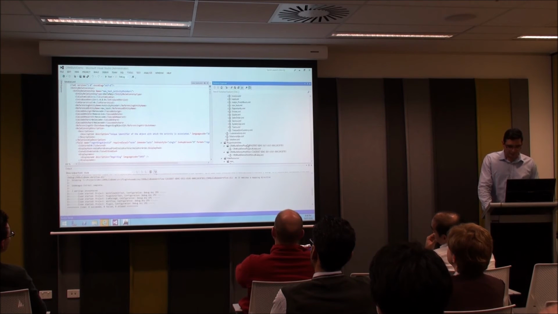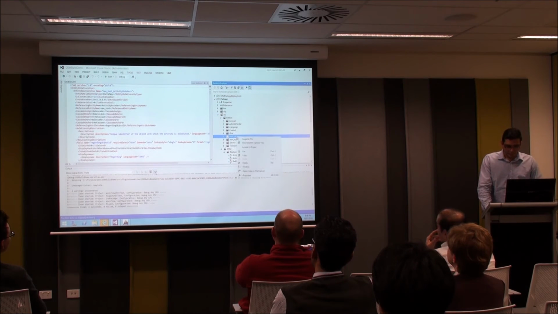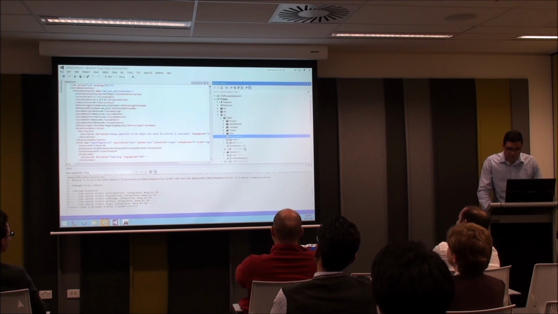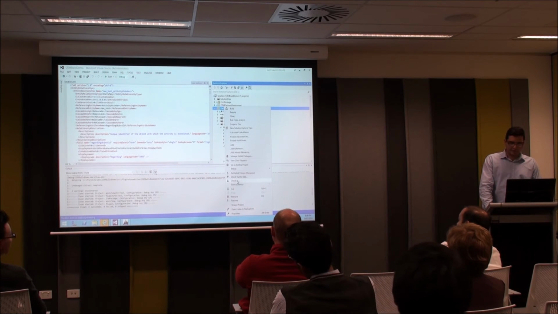You can see there are some modifications as part of the package. I'll show. So this is the organization, and this is the entity I have added. So include that. And basically, what I do then is check in.